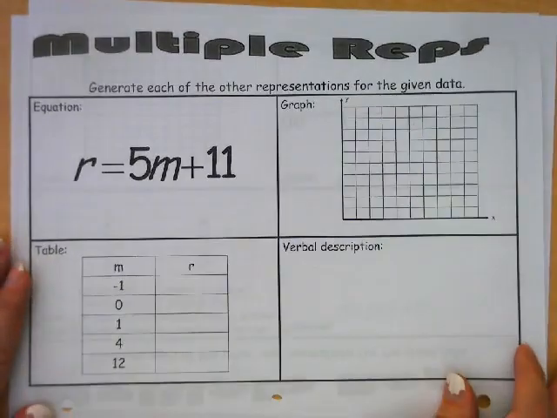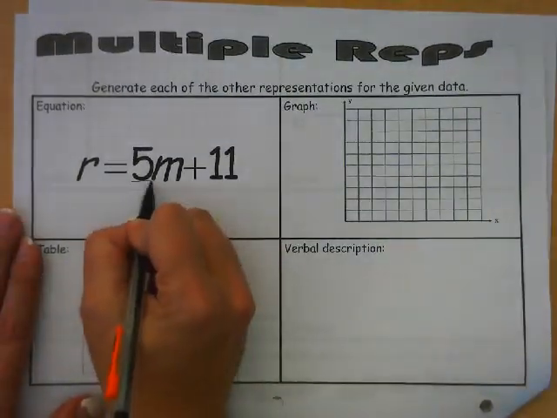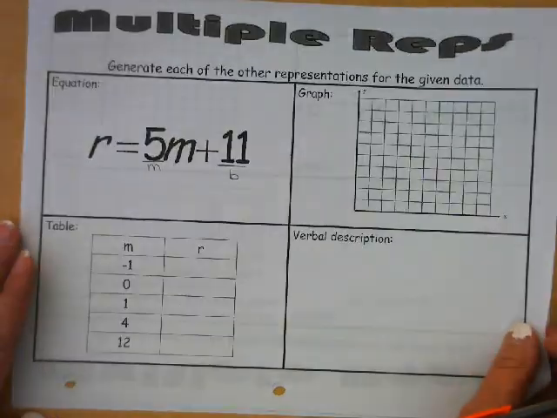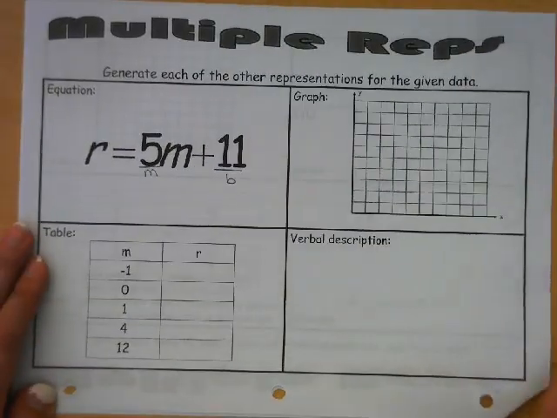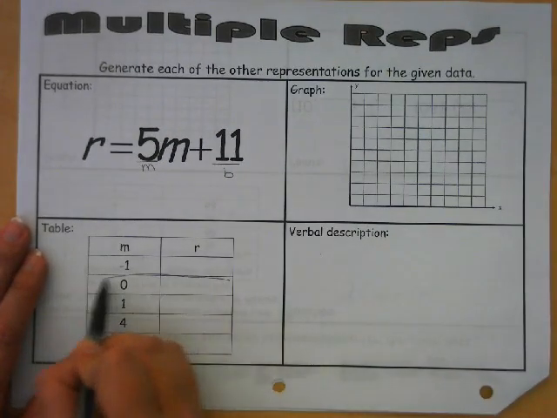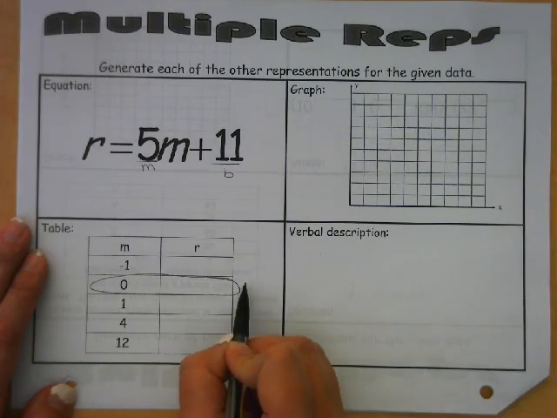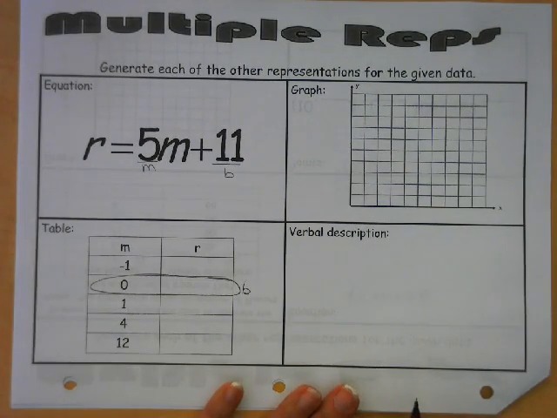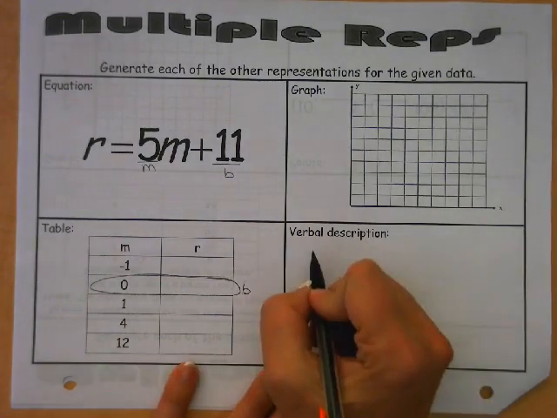So now on this next one, I'm giving you an equation. So remember, this is our M, and this is our B. They didn't give us a verbal description. You can be creative here. Notice that on our table, we're skipping. This is our B value, right? So what could we do with R and M? Could we maybe pretend we can say,